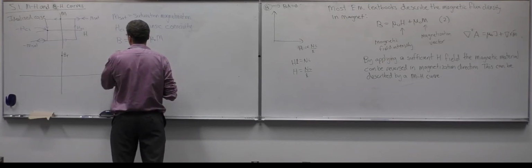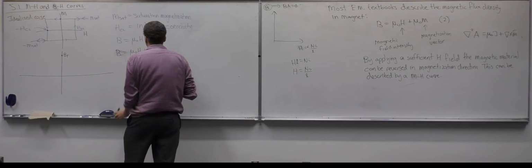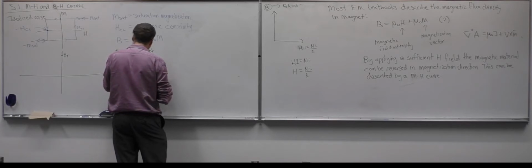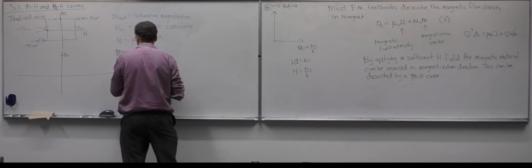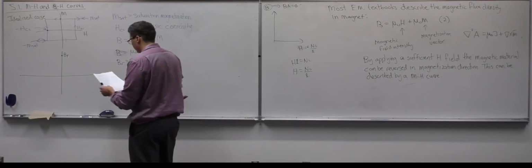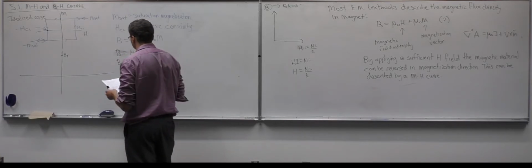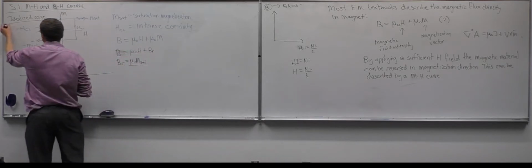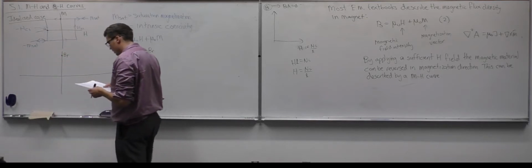Let me rewrite that: B is equal to mu naught H plus BR, where BR is equal to mu naught M saturated, in this idealized case. Okay, so then